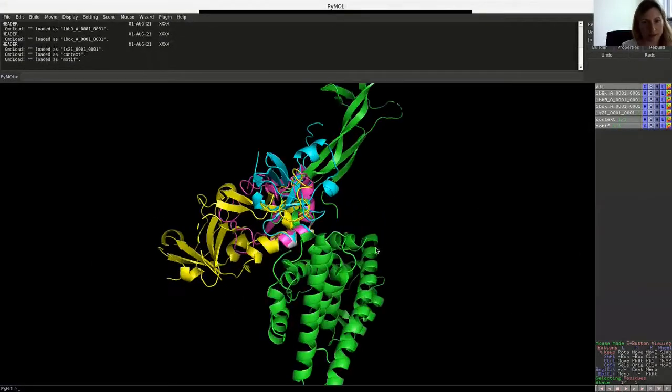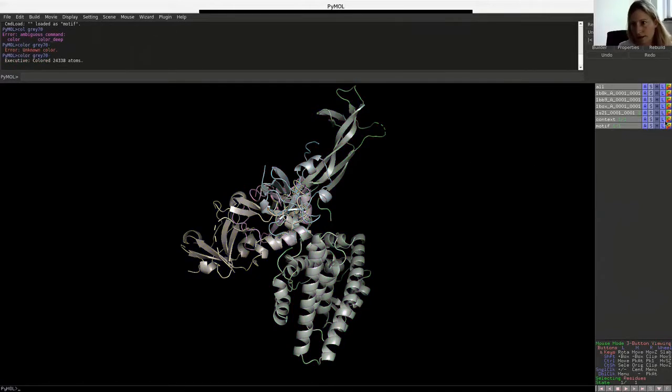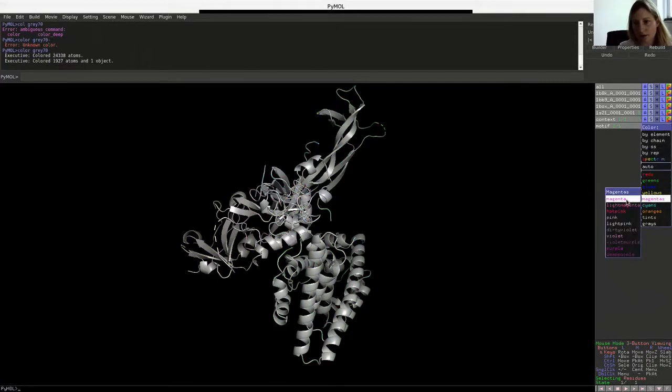So I'm going to make this big, and again, I'm just going to color everything gray. And this I'm going to do green. And this I'm going to do magenta. So,